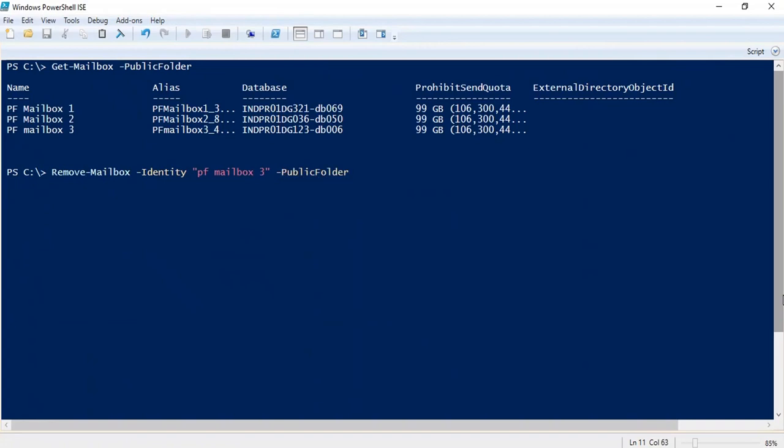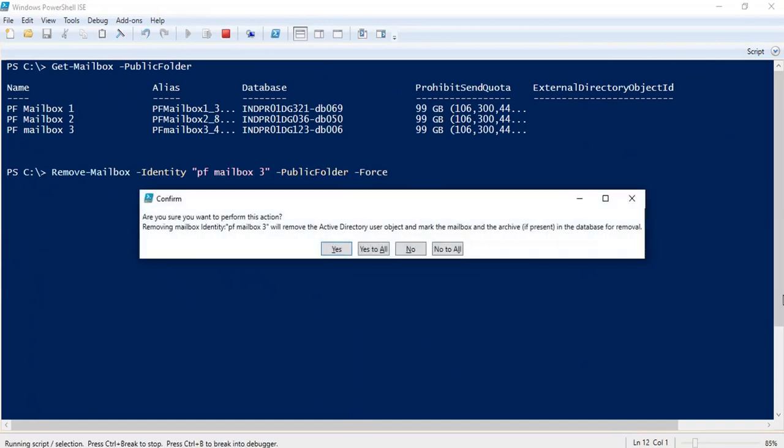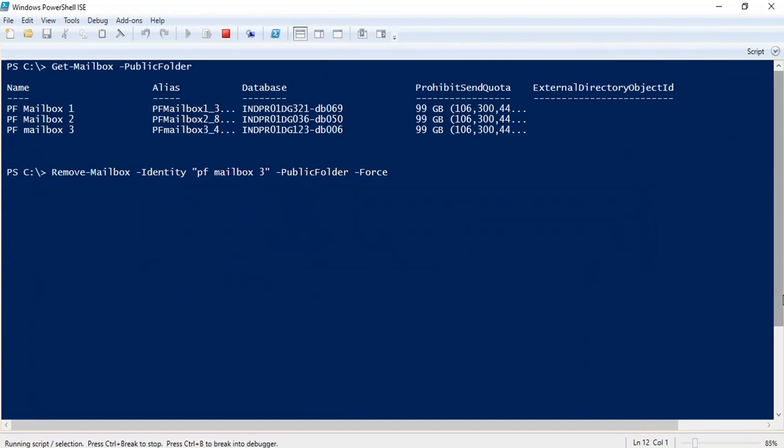If you do not type PublicFolder, then this command will not be able to understand whether it has to delete a mailbox or a public folder mailbox. So that is the reason we use the -PublicFolder switch. After that, you can use -Force and press enter. Click yes to all. And now the public folder mailbox, pf mailbox 3, has been deleted.